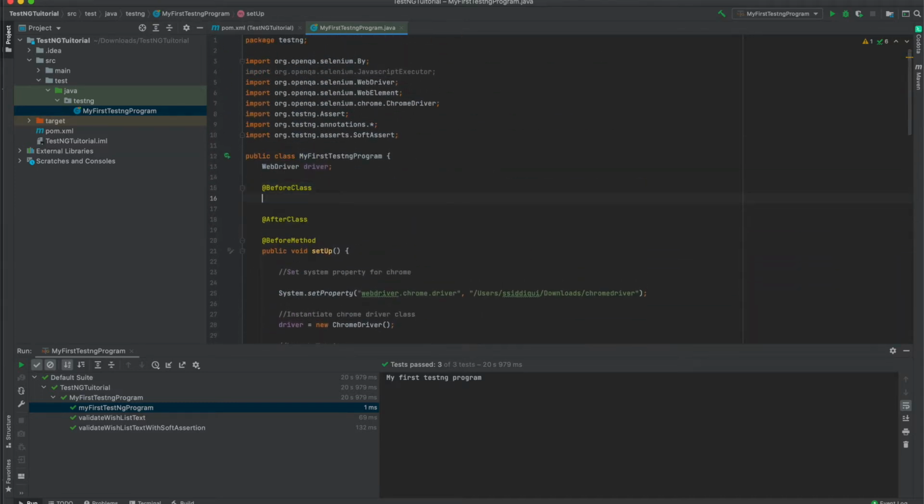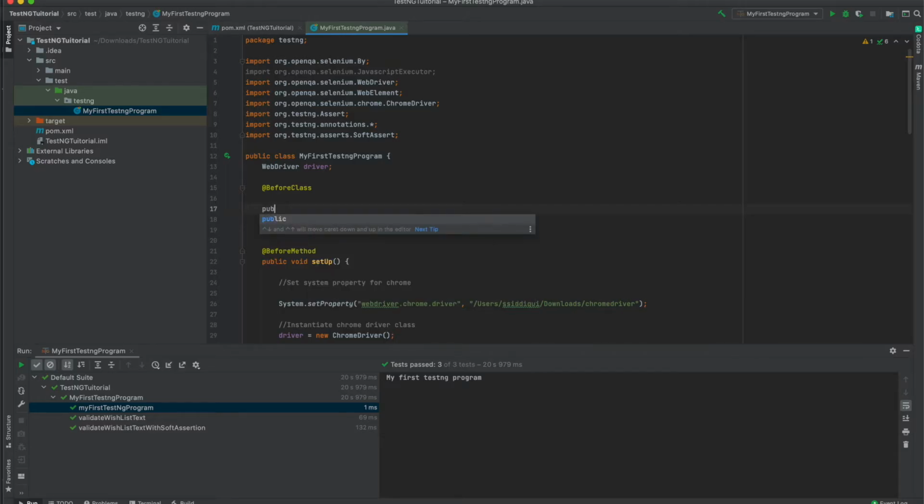So let us name these two things, public void, and maybe I will just name it as before class setup.